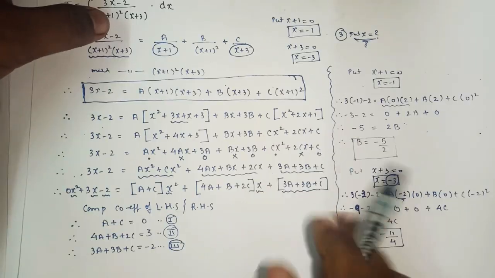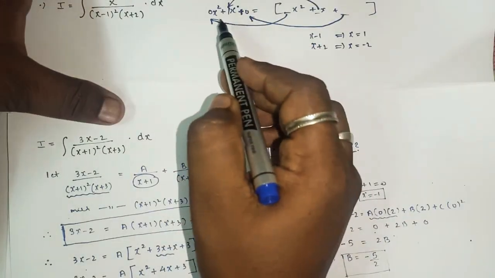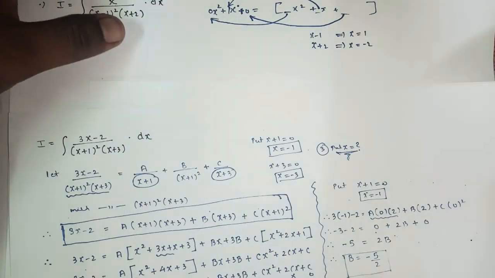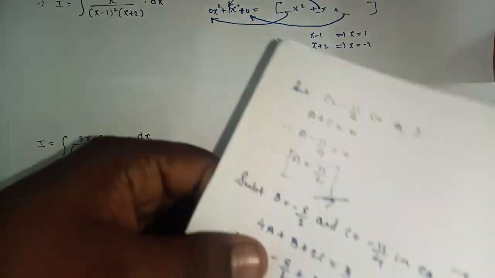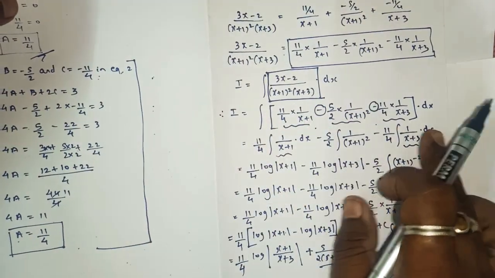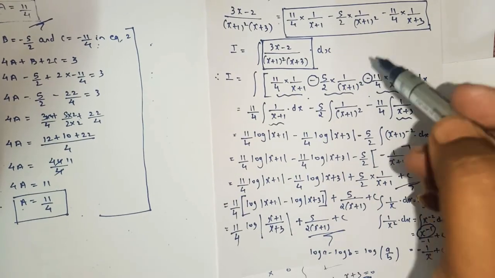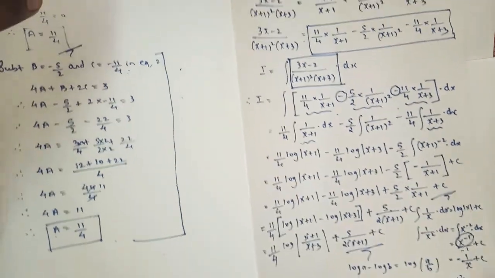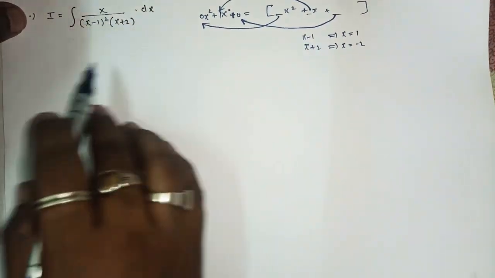To find the third alphabet, you will have three equations; substitute the values in any one of the equations to get the third answer. After getting all three values, just integrate the answer with respect to x and go on solving the sum, applying the suitable formula. That's it. This sum is for you all, try it by yourself.